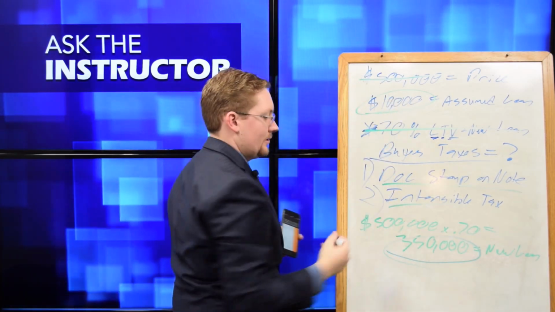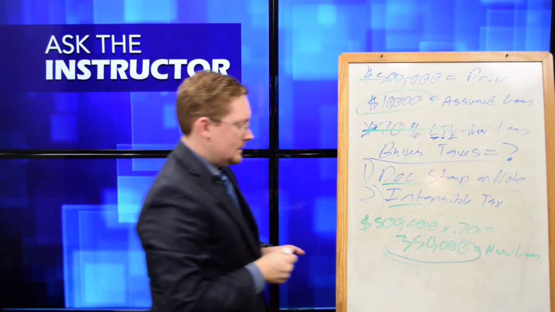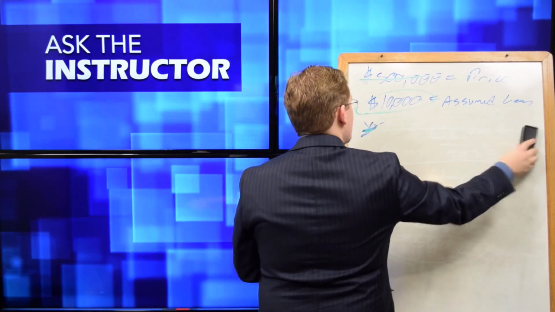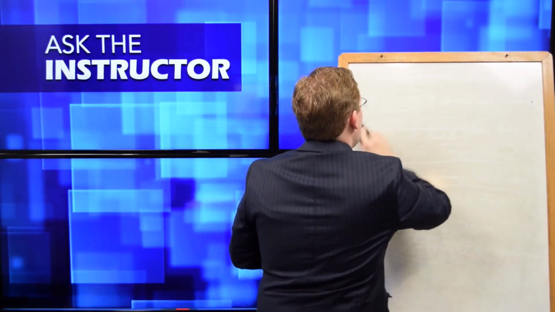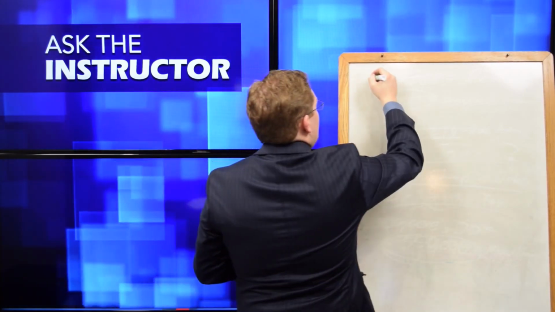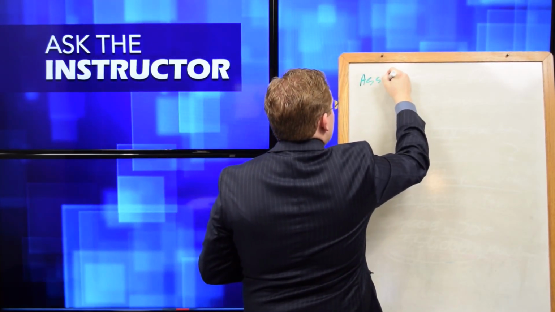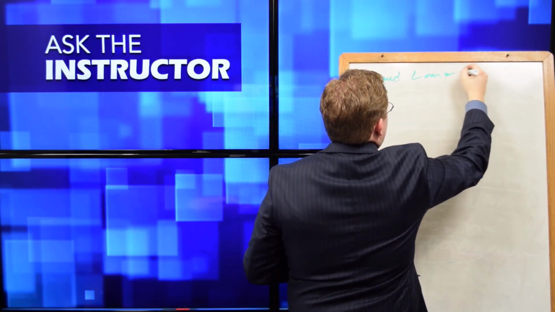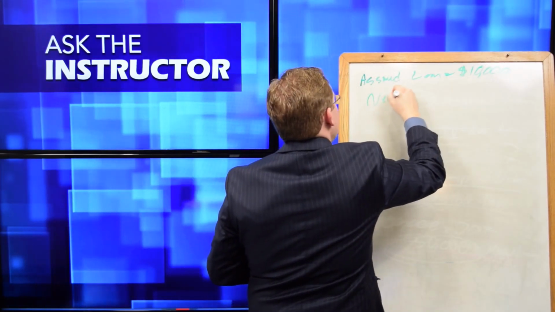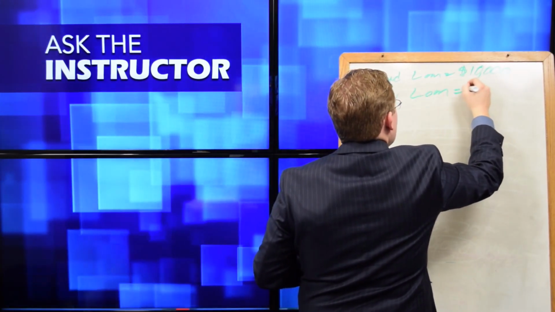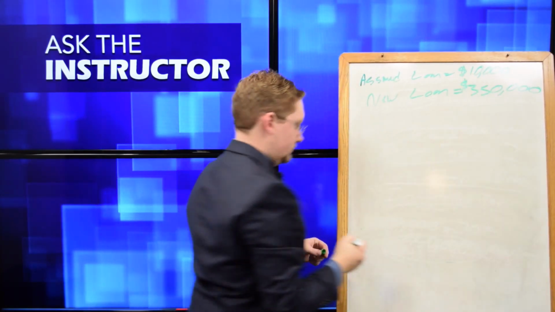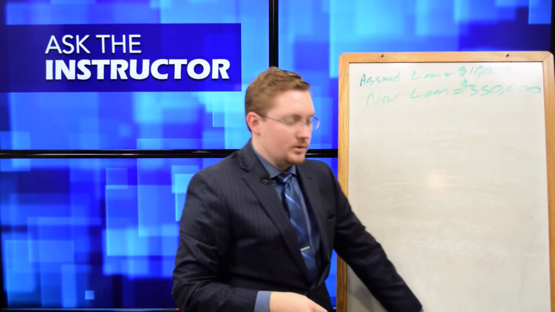We have our $10,000 assumed loan amount. So let's go ahead and make this a little bit cleaner and just have the information that we ultimately need here. And when you can get to this information, the question is really pretty easy, pretty straightforward after this point. Really the tricky part is just trying to identify what we just pulled out of there. So we have our assumed loan, and that was $10,000. And we have our new loan, which was $350,000. So those are our two loan amounts,